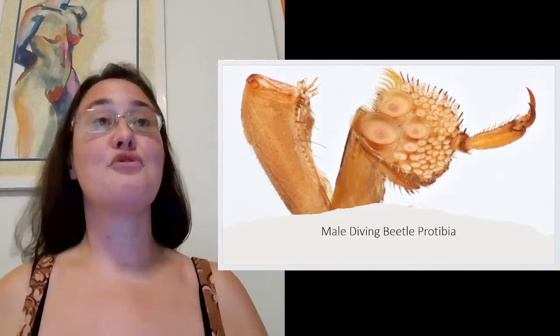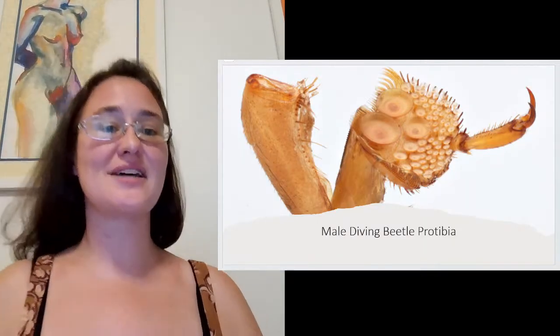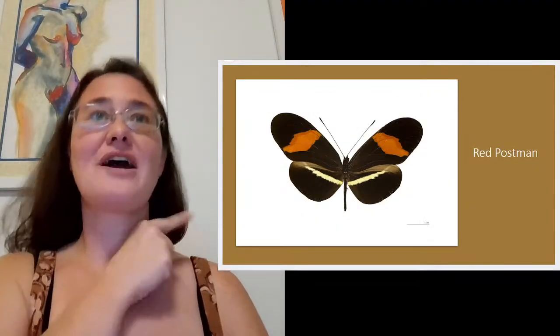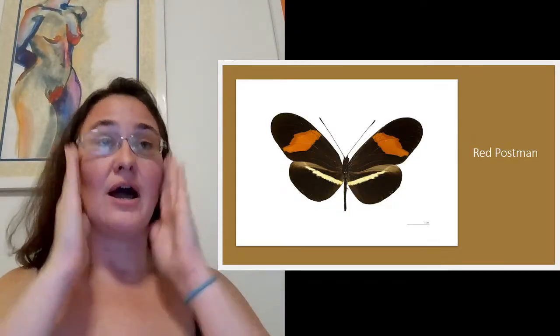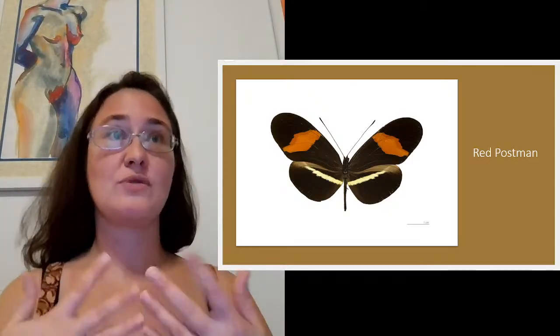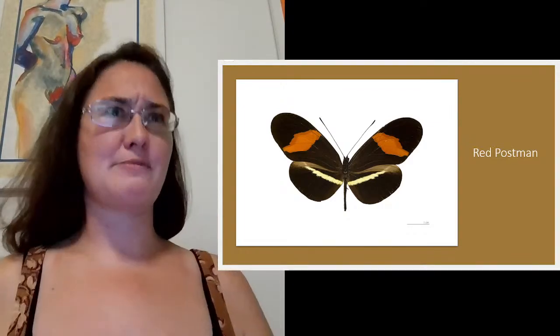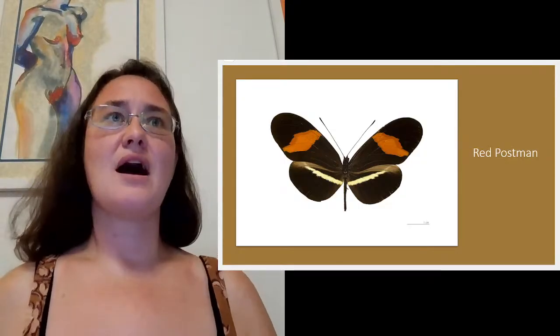I'm at this point moving away from aquatic environments, and we are going to discuss this butterfly right here. This is the red postman, but this mating process that we are going to be talking about is done by most of the long-wing butterflies. All right, so if you've ever been to a butterfly pavilion, the long-wing butterflies are the butterflies that are a little bit smaller, right? Probably the smallest of the butterflies that you'll see flying in a butterfly pavilion, because most